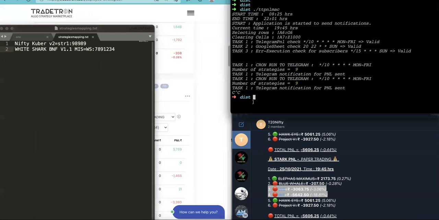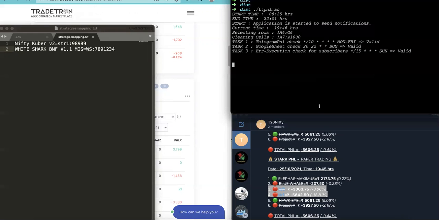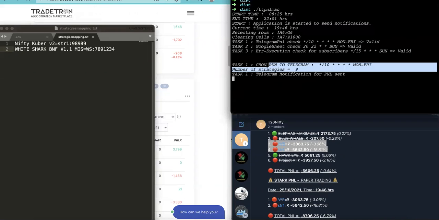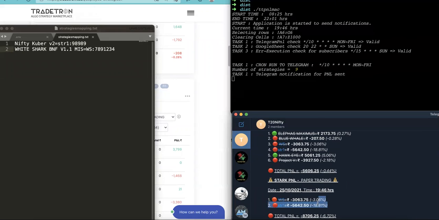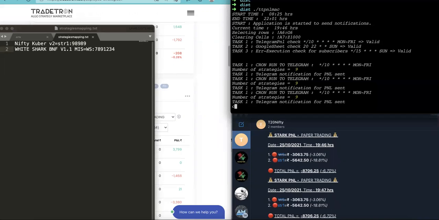For example, here I already have changed it. Since I added a new entry, I create a new terminal and run it. You will observe that only two strategies will be printed. However, it shows that there are 9 strategies, but only two will be printed in your TTPNL, and accordingly the percentage and everything are updated. Can you observe here? These are just the two strategies that the creator wants to show to the users, and wants to hide all the other strategies because these are his private strategies.